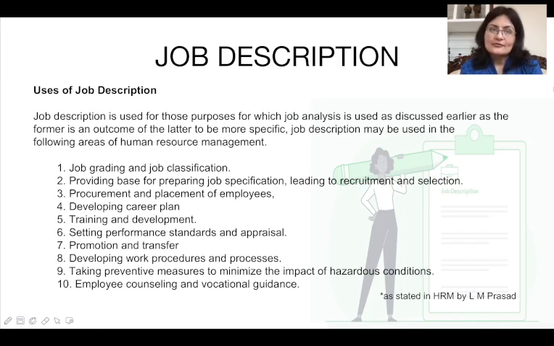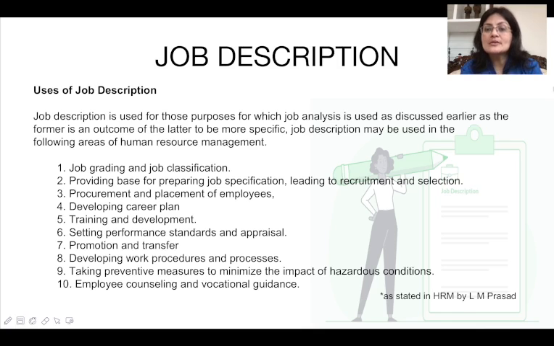Now, what are the uses of job description? As stated by L.M. Prasad in his book, job description is used for those purposes for which job analysis is used, as discussed earlier, as the former is an outcome of the latter. To be more specific, I had discussed what job analysis is and what purposes it is used for.